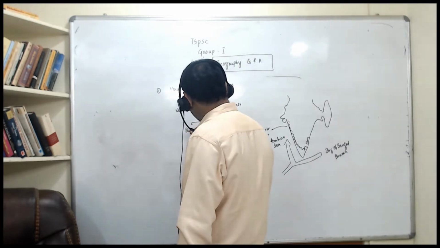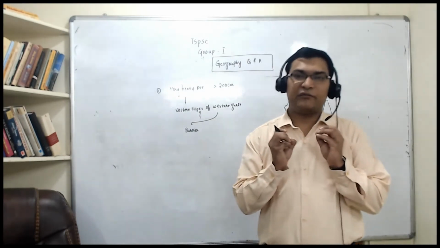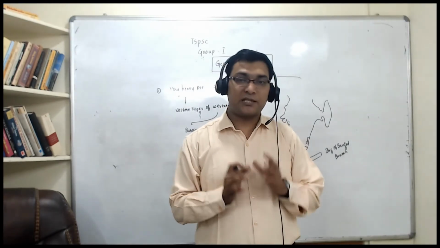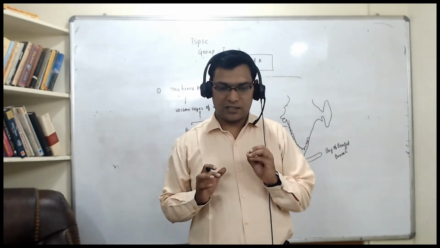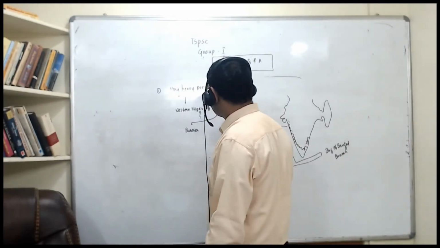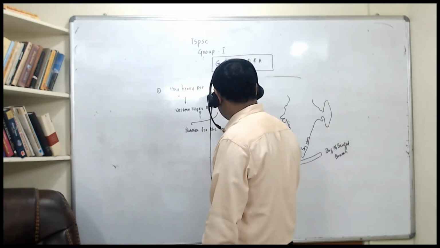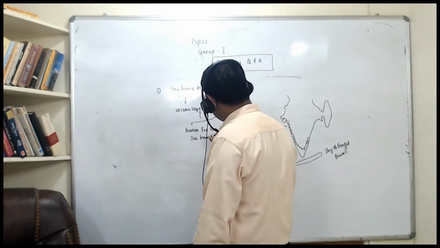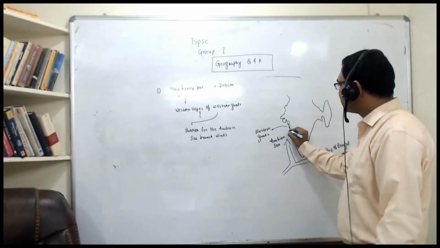I am writing the reasons also. I'm just making the structure of the answer. The structure of the answer is very important when you are preparing for this competitive mains exam. For any subject, if you know the structure of the answer, you can write the paras very easily. So the Western Ghats will be a barrier for the Arabian Sea branch winds. That's why they receive this 200 centimeters of rainfall.